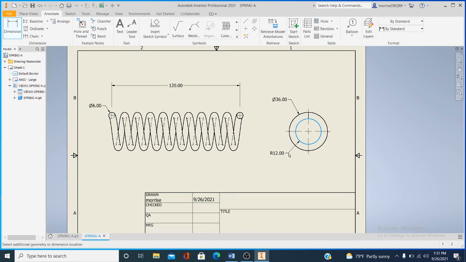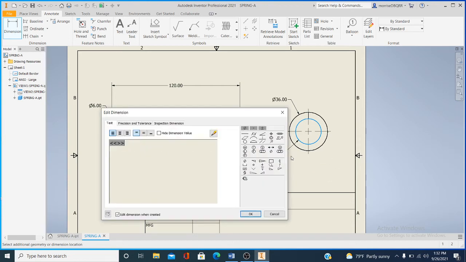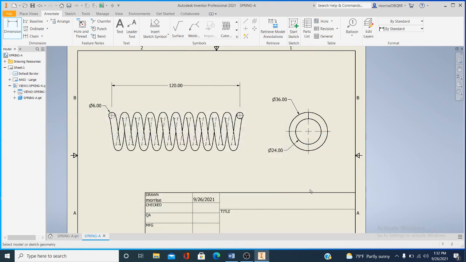So do a right click and come down to dimension type and select diameter. So if that ever happens to you, make sure you do a right click and select diameter. Okay. All right. Now the next thing I'm going to do is I'm going to add a note here about